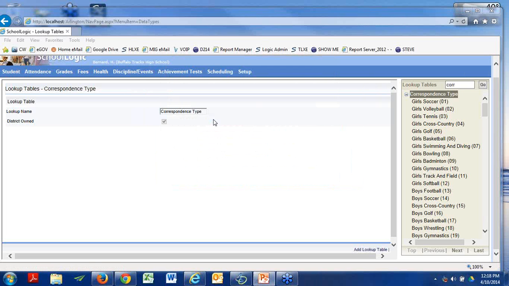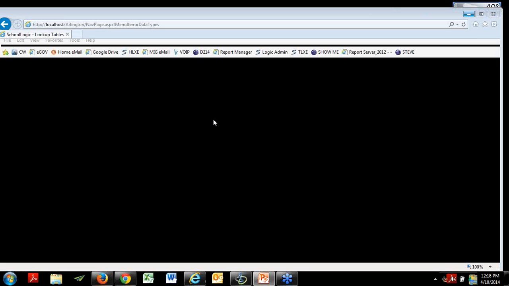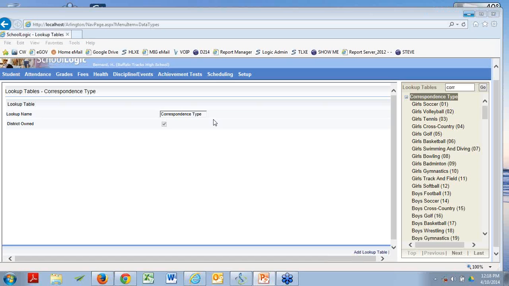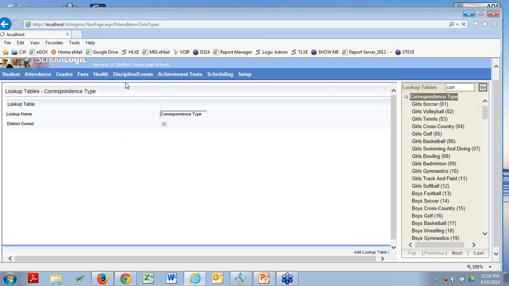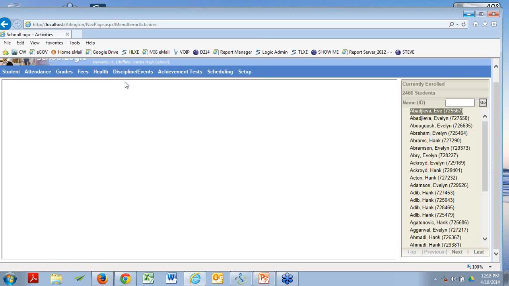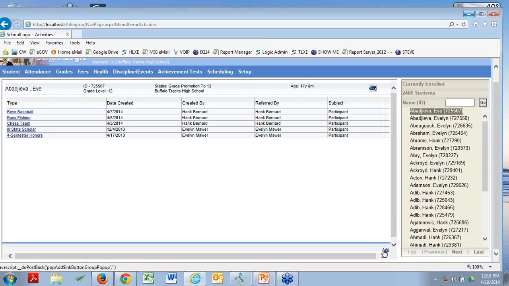Now, give my screen a second to refresh here, and I'll show you what I'm talking about. Because remember, one of the things I said, if you made this school-owned, you could have some schools doing one thing and you could have some schools doing another. Yep, that's true. Now, when I come in here to activities, and it doesn't matter which of my buildings I'm at, because this is a district list, everybody in the district gets the same thing.